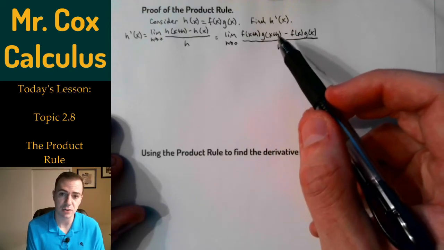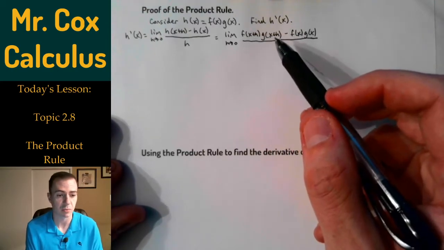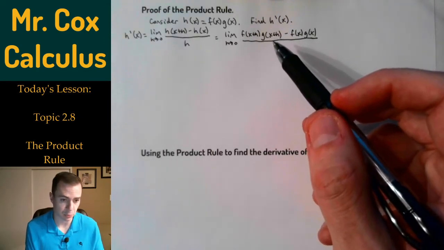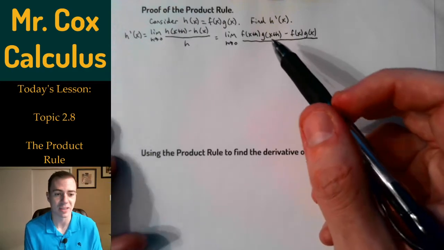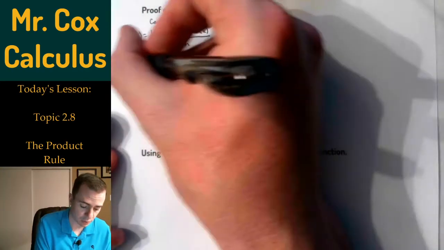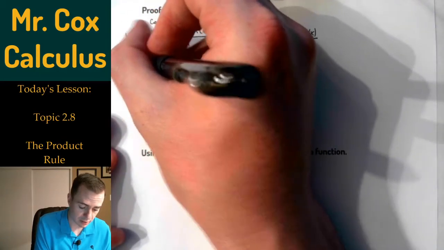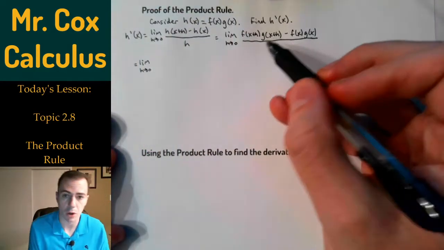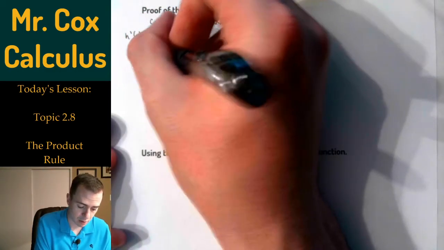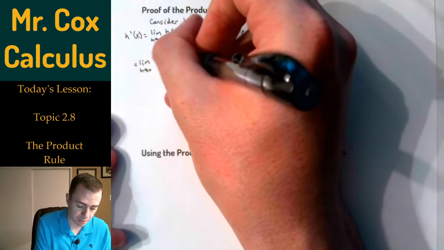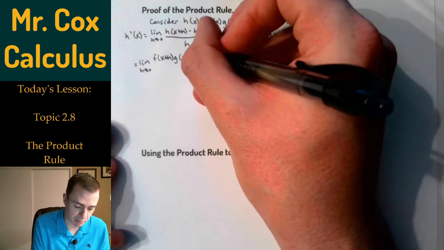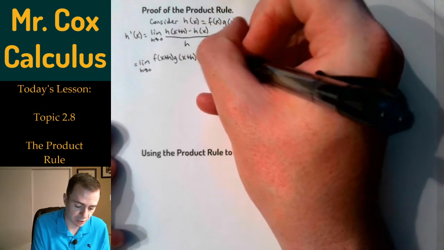I'm going to take the numerator here, and in between these two terms, I'm going to start off by actually subtracting an expression that I know is going to make this thing work. And I can do that as long as I also add it back in. And so what I want to do here is this is going to be the limit as h approaches 0. So I'm going to start off with f of x plus h, g of x plus h, and the expression that I'm going to start off subtracting is going to be f of x plus h times